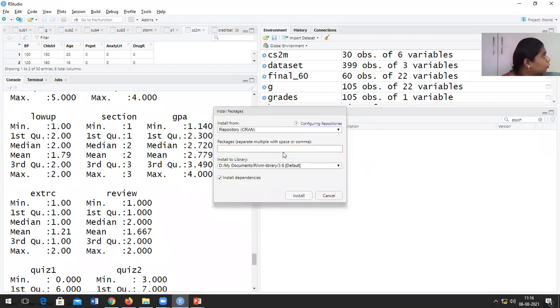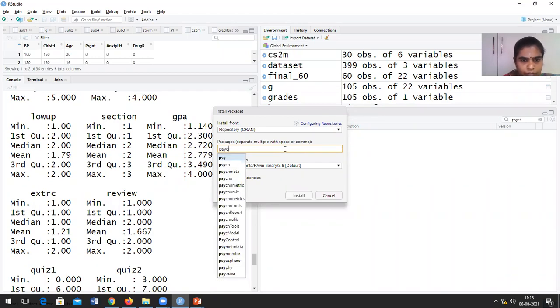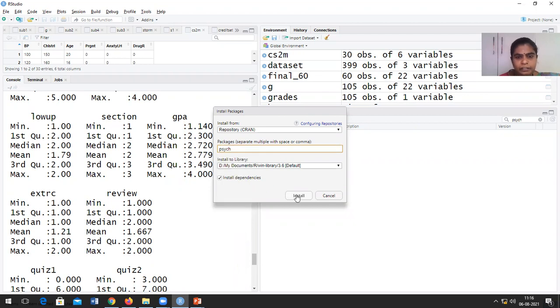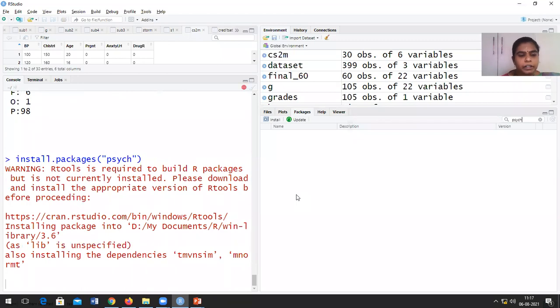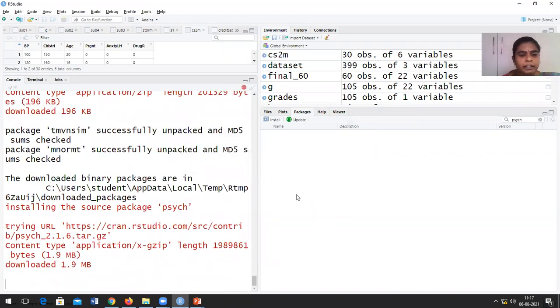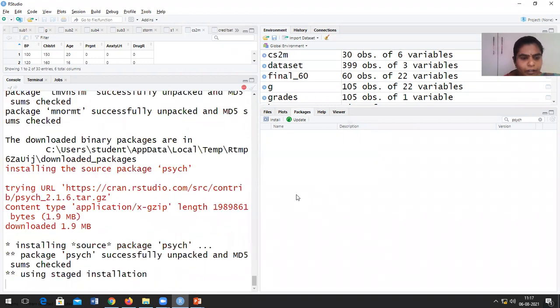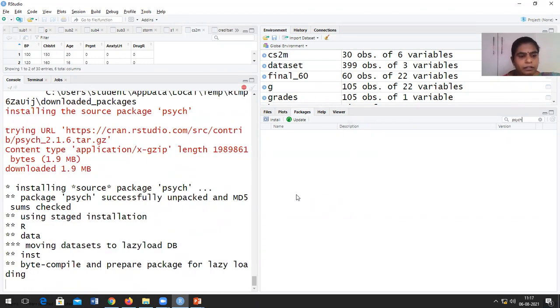So I can just go to packages, type the package name like this, and give install. I'm getting some warning message, but I could see my package is getting installed. This red color says that the editor is busy installing something. You don't need to disturb the editor.